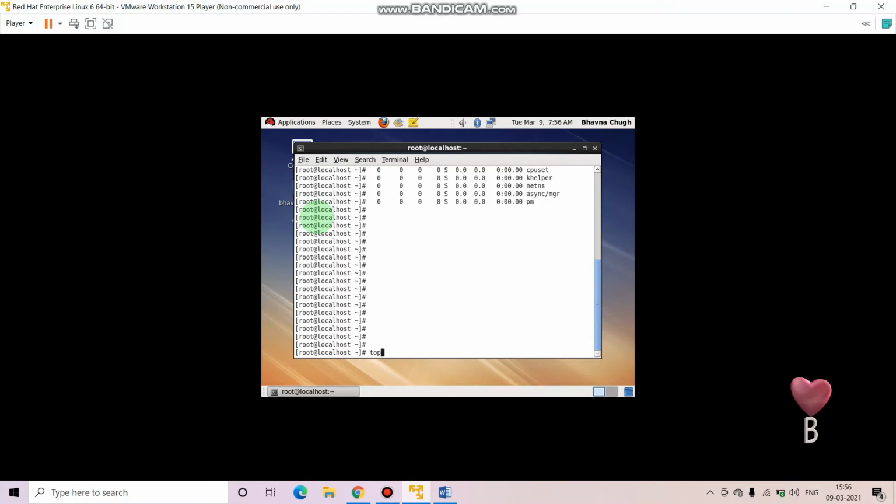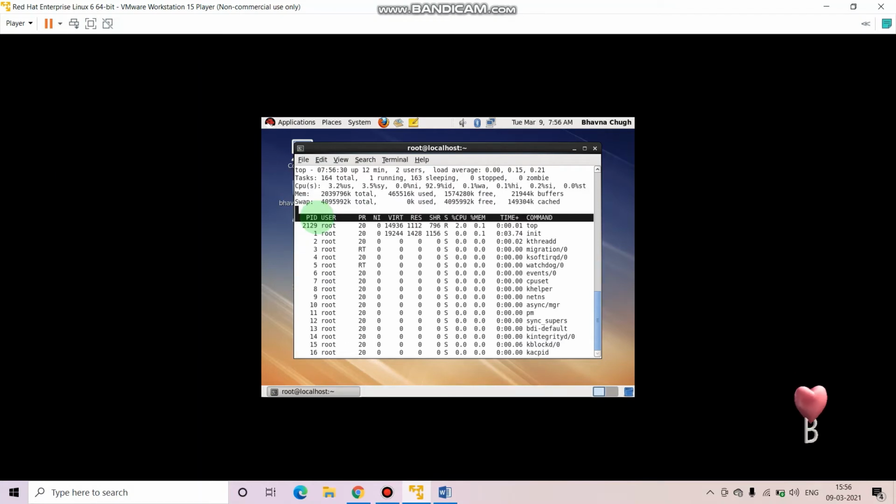Okay, so let's try kill forcefully. So where is the top command? Yeah, here it is. So 2129, what we'll do is first set a delay of 1000, otherwise it will go up and down again and again.